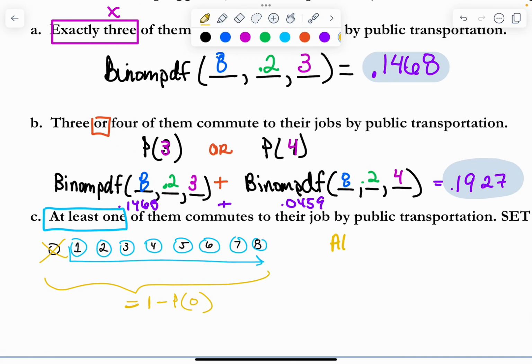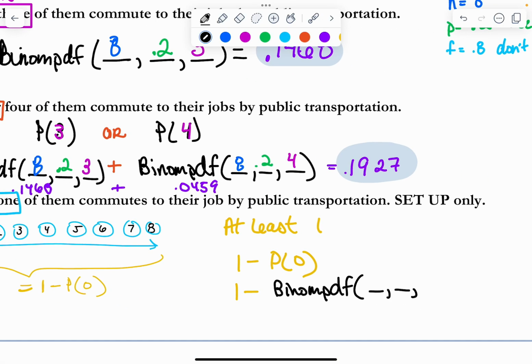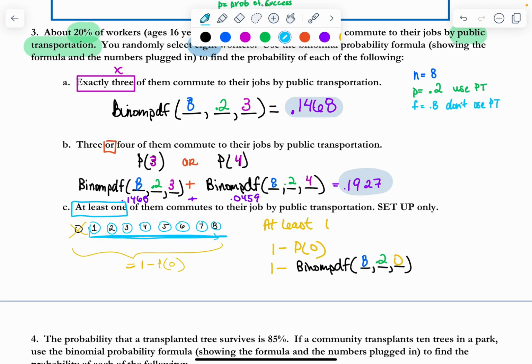I'm going to do, for at least 1, 1 minus the probability that 0 said yes. So 1 minus, and I'm going to do binom PDF, and it's going to be the 3 values again. It's going to be the 8 people we asked, the 20% probability that they say yes, and the probability that none of them took public transportation. So they all drove, right? There is a chance that that could have happened. And so if we type that into our calculator, then we'll be left with this probability that at least one of them said yes, and we get